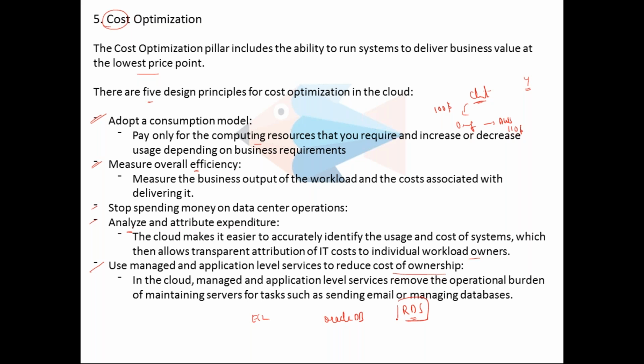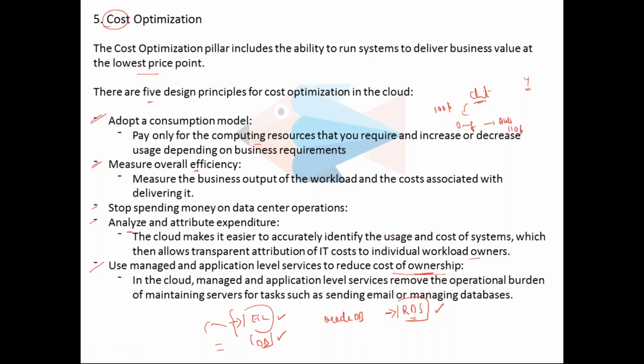The thing is, RDS is managed, but if you want to go for the EC2, you have to spin up the EC2 server, deploy a database, and you have to manage the database as well as the EC2, and of course the snapshots and a lot of things. But if you go for RDS, as we have discussed in the last classes, RDS is a managed service, and we have seen what all things it will manage. So what AWS is recommending is to go for the managed services to reduce the cost of ownership. Here you have to manage it, here someone else manages some of the things, and you just concentrate on your database or data in the database.